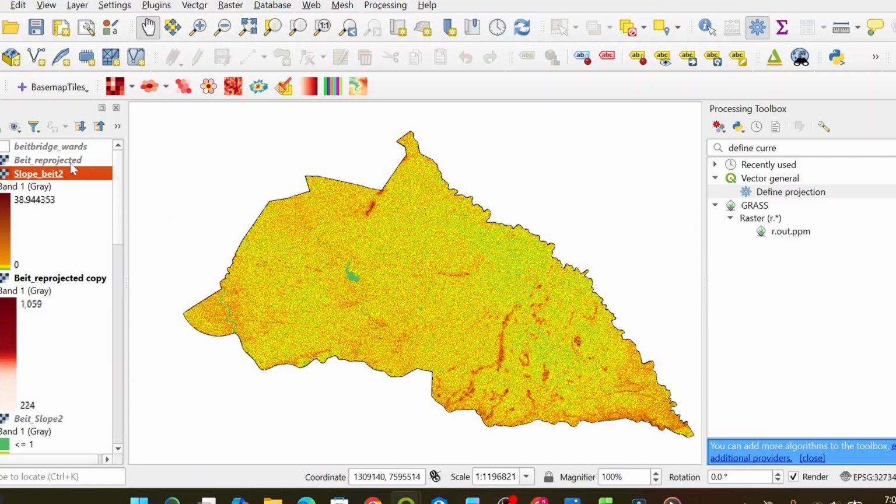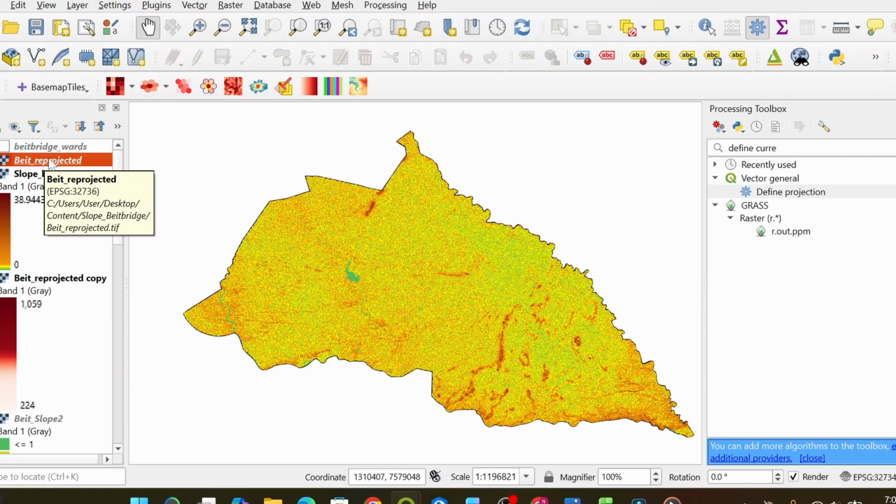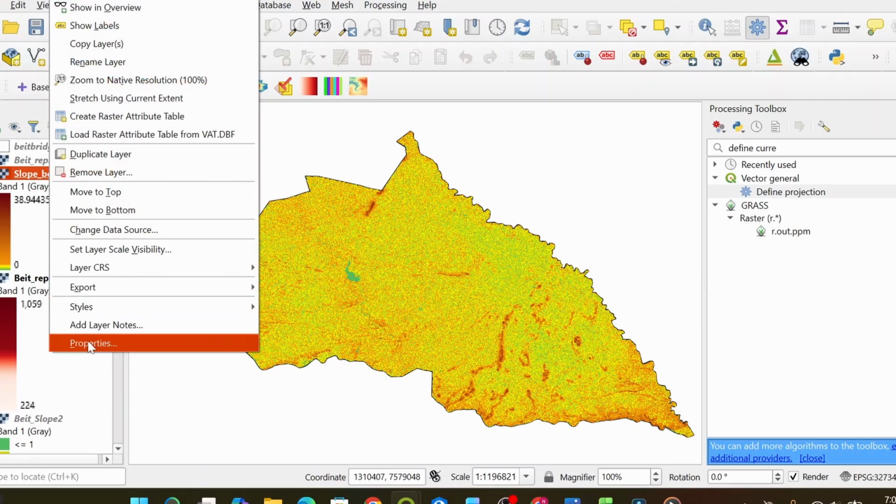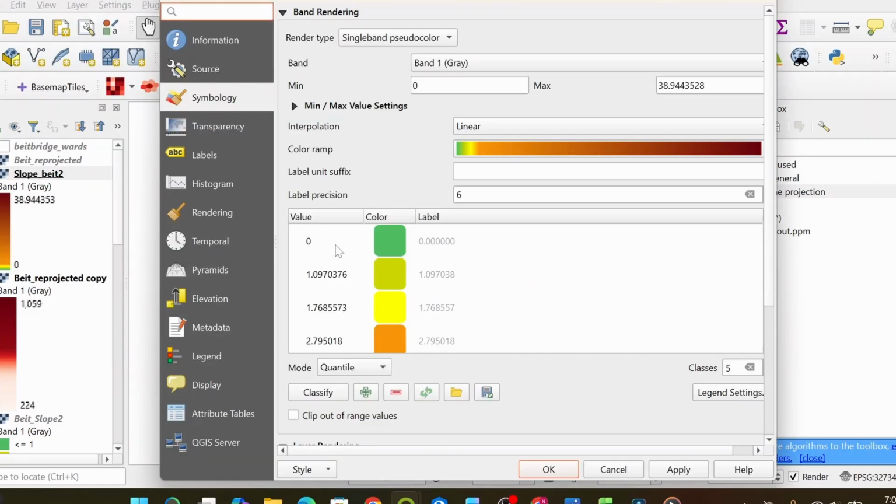do is to make this one a hillshade. So here what we're going to do is to apply the scale 0 to